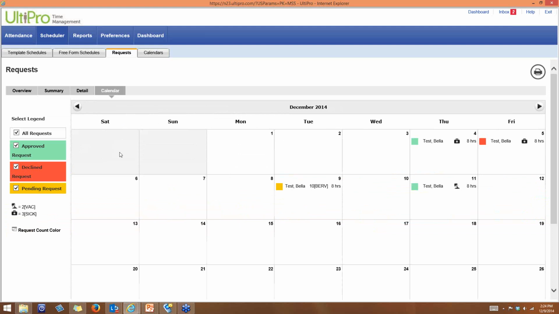The calendar will display all of your employees that have requested time off for a specific day. It will also display if they are in a pending status, approved, or declined. So if you had 4 employees that were listed here with maybe 3 pending and 1 already approved, that should be able to help you make decisions of can you afford to have 1 more employee out for the day. So this is a quick glance to know how many other people you've already approved for time off